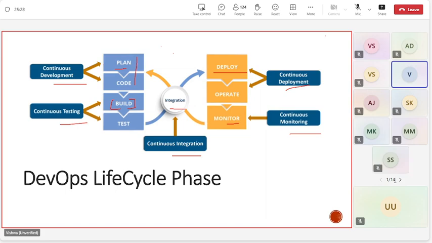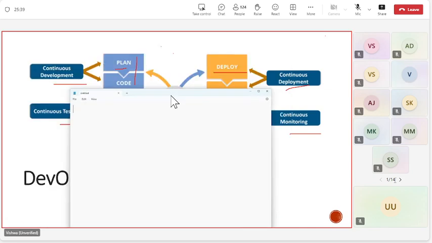So let me just quickly write this down so that you have a clear understanding of what is happening. The first one, I'll go with the top one, which is code commit, and then comes the code build, and then the integration tool is going to be the code pipeline.